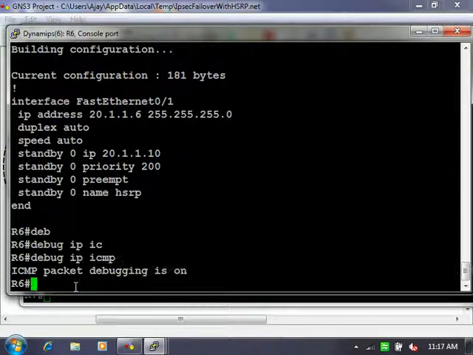Debug IP ICMP. This whole technique is really good. If you are doing this on a production network, you have to make sure that you create the access list and then only you debug. The moment you debug vaguely, your router will also be processing hundreds and thousands of packets. So make sure that you are not enabling these kinds of commands just like that. You have to be precise. But over here in GNS, we know that there is no big traffic. There is no traffic at all, practically.